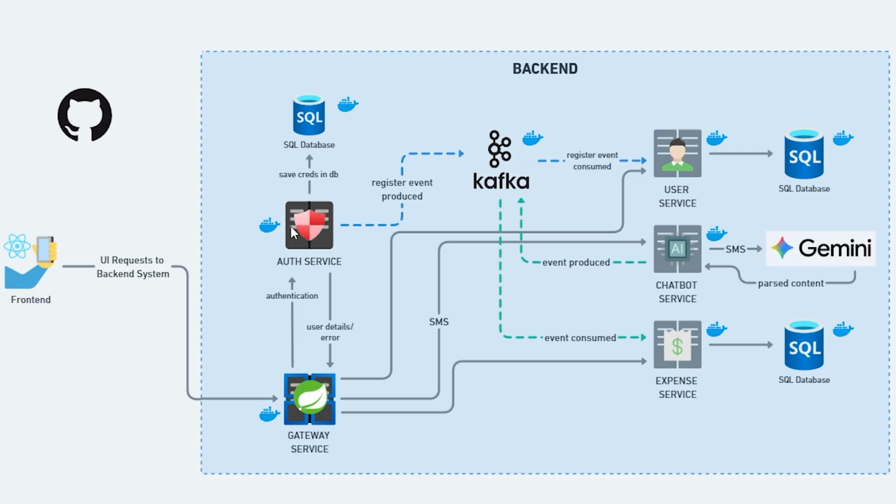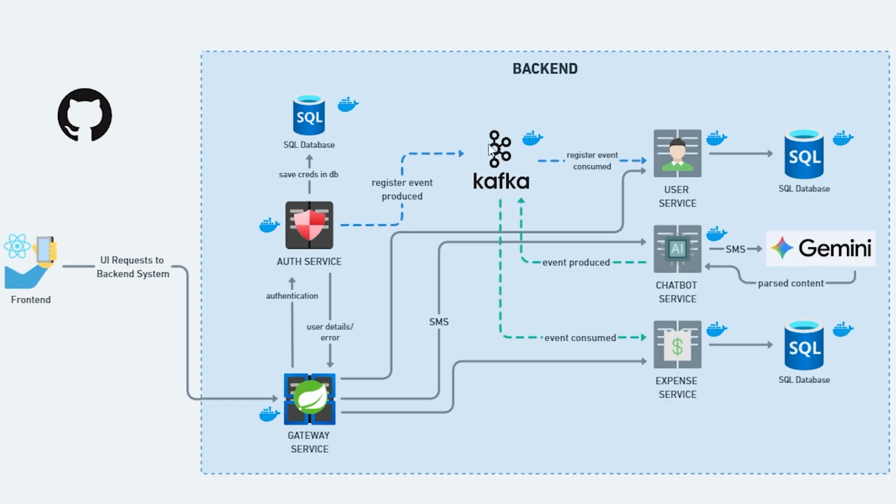So first of all, we already discussed that it will authenticate the things. Okay, perfect. Then apart from that, it can also log in and register, because that's also part of the authentication system as well. So if a new user comes and tries to register in our application, then its credentials will be saved to the database, and an event will be produced to Kafka, so that all the user related details apart from the authentication details, for example name, user ID, phone number, address and all other stuff,